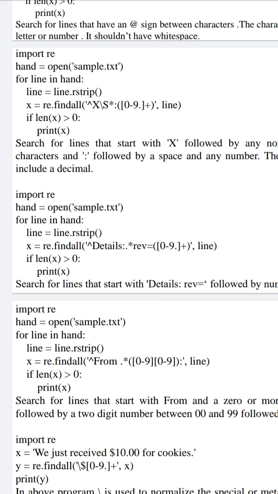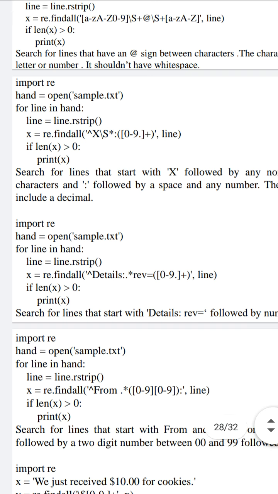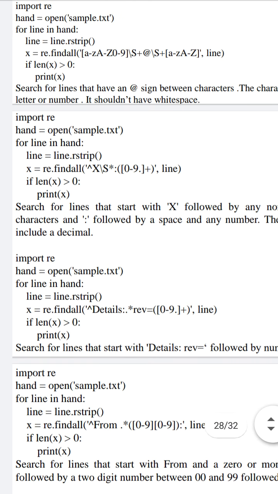Here again we are opening sample.txt. Using a for loop we are reading line by line and applying the rstrip function to remove the newline character, and after that I am calling findall. The passed parameter indicates that the line should start with capital X followed by 0 or any number of characters other than white space, then a colon, then any digit or any number of digits. Here we are using plus: a minimum of one digit should be there, or it can have more than one digit also,